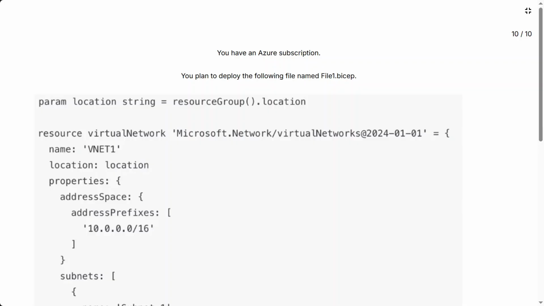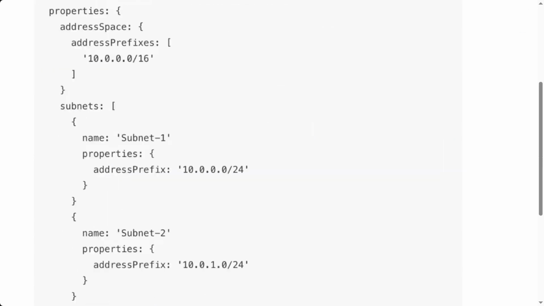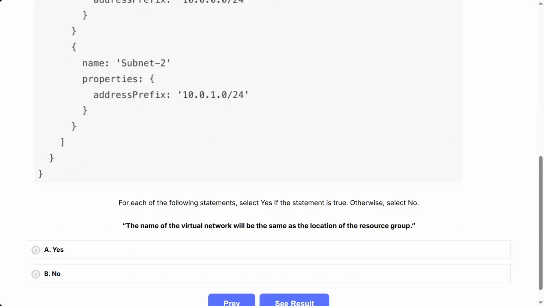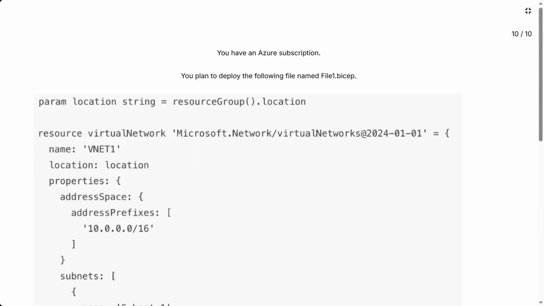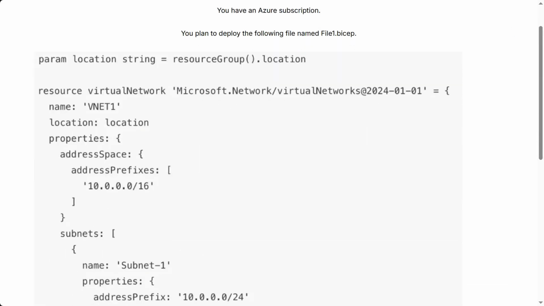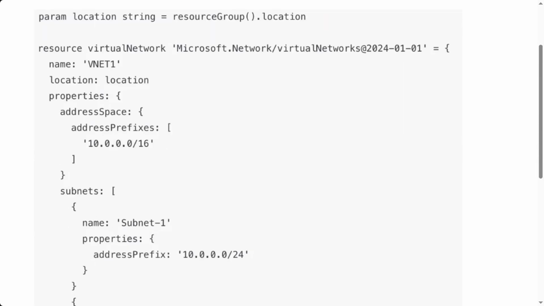Question 10. You have an Azure subscription. You plan to deploy the following file named file1.bicep. For each of the following statements, select yes if the statement is true. Otherwise, select no. The name of the virtual network will be the same as the location of the resource group. A, yes. B, no. This question tests your ability to read and interpret Bicep code, specifically understanding the difference between